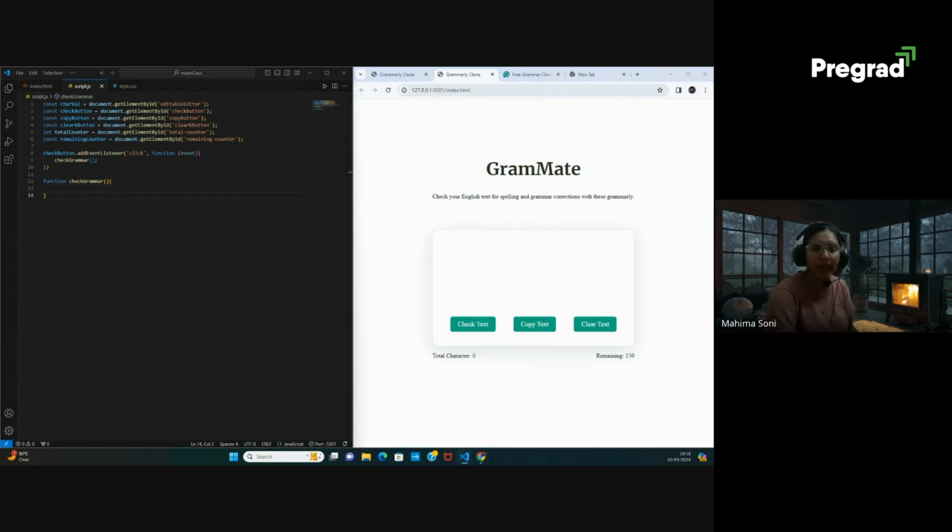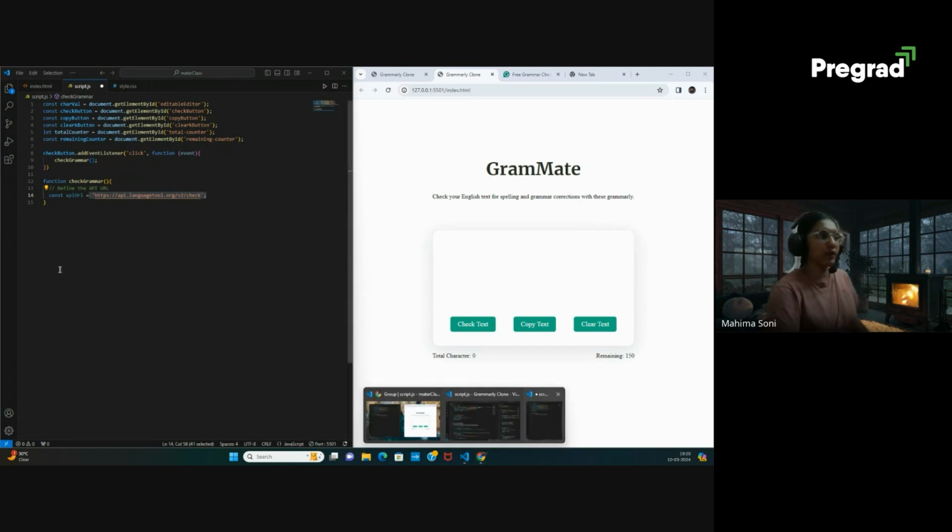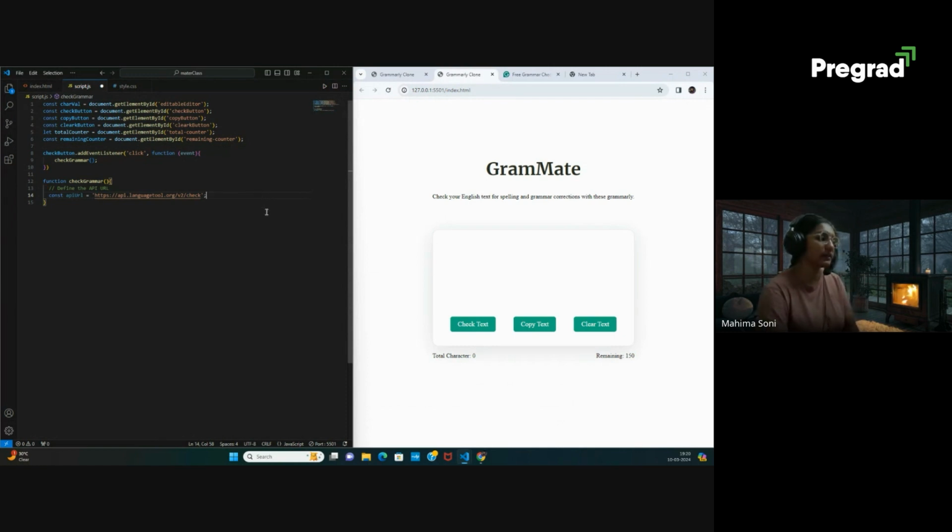So now let's actually go ahead and do the required functionality. I will just give you the API URL that I found, which is available. There's this tool called LanguageTool. The free version has very limited usage. If you want, you can buy the paid version and have a variety of different functionalities which LanguageTool provides. I'm using the free version, and it's going to do a very basic spell check and grammar check. Okay, so now that we have done this, what we are going to do is the